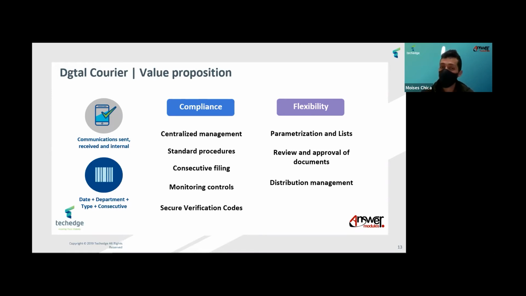Our second core value is flexibility, because we know that these systems need to be parameterized. So we have a huge amount of parameters that can be changed in order to modify templates, emails, PDFs, forms, and lists in order to model your organization, your workplaces, your facilities, and your different projects, for example. We have tasks for approval, review flows of documents, and we have a distribution management that allows you to change the distribution mechanism and keep track of the communications of the process.